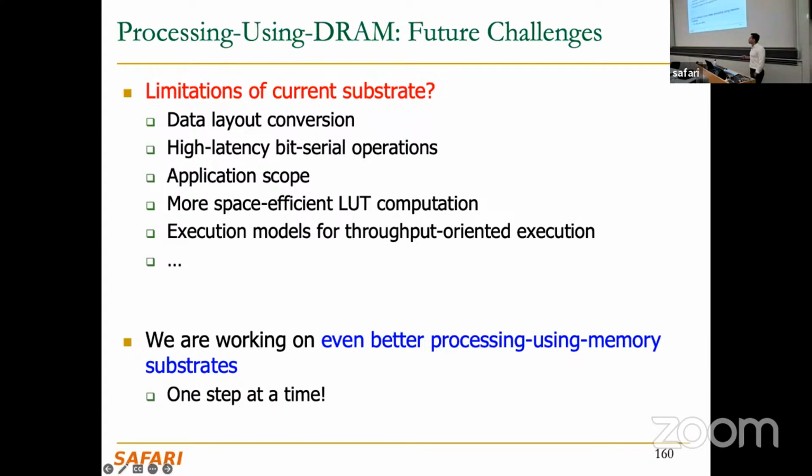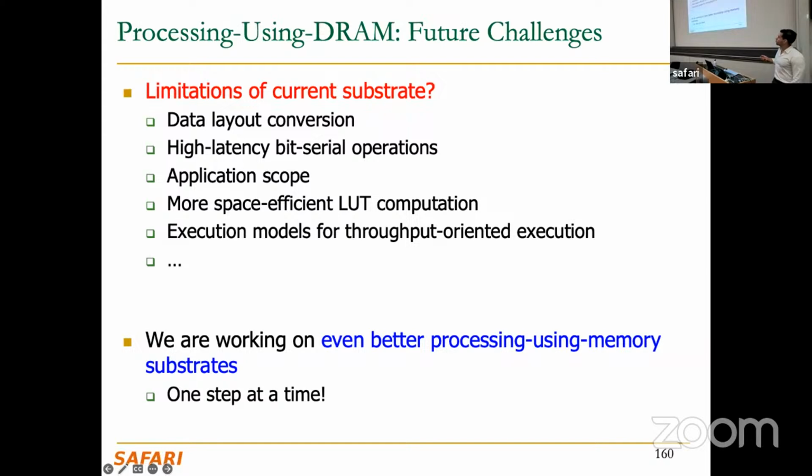So right now, the trend is transformers, neural networks, all of these. But the problem is that what those architectures do is mostly GEMV operations, right? General matrix-vector multiplications. And as I mentioned, multiplication sucks. So it's not necessarily a good fit, at least for this type of substrate. But there are some works in the literature that show that depending on how you design the system, you actually can accelerate those transformers with bit-serial processing using DRAM architectures. But still, we need to do more work over there to improve that.